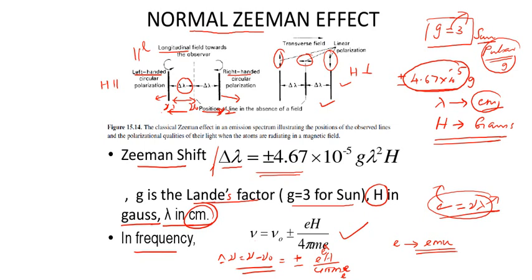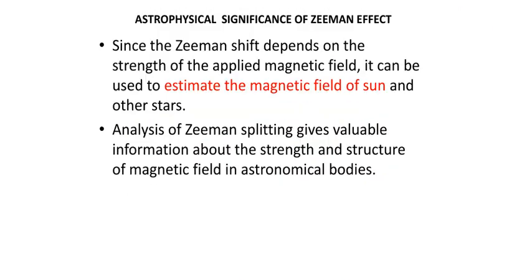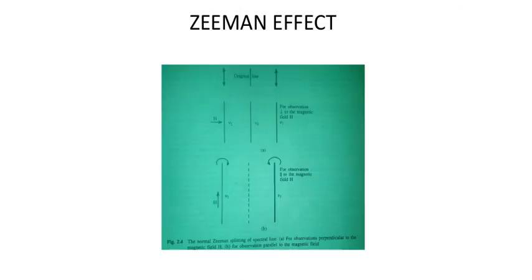your textbook also. Yes, this is the diagram that is given in your textbook. I have taken it from your textbook. There is an original line. Then you get what is here. You can see that the applied magnetic field is shown to be perpendicular to the lines. You get 3 lines, and when the applied magnetic field is parallel to the lines, here H denotes the applied magnetic field, you will get only 2 lines. One is circularly polarized to the left and the other is circularly polarized to the right.